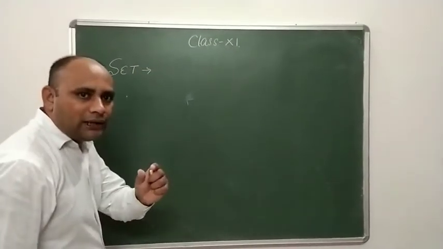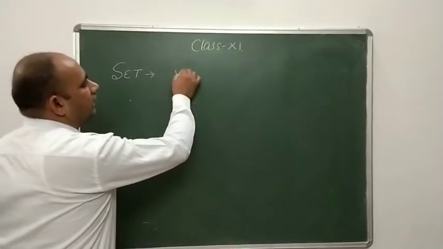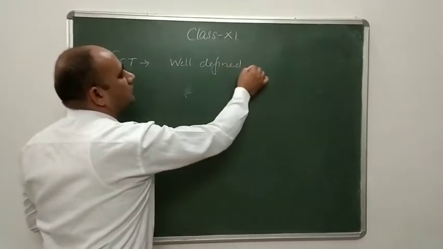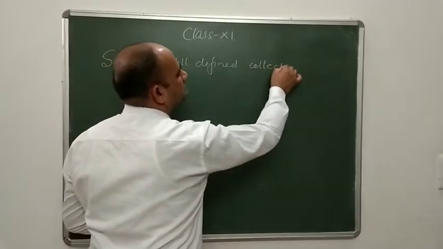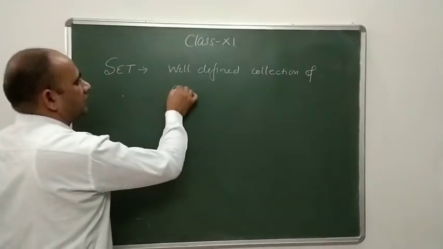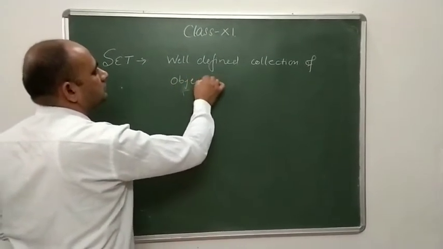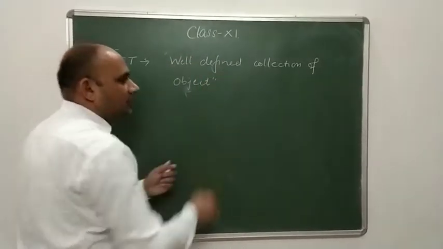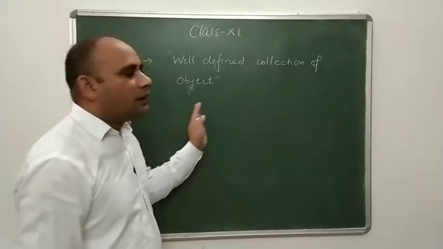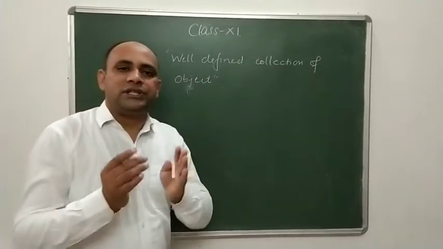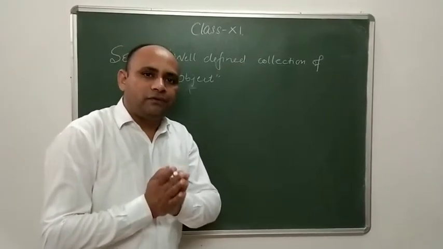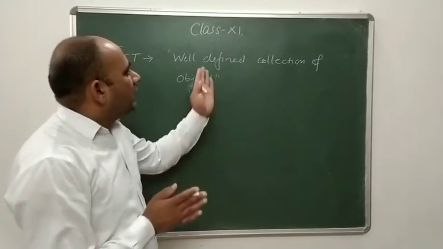Set बेटे a well-defined collection of object. Well-defined collection of object is the definition of a set, and object can be same or different. And well-defined means